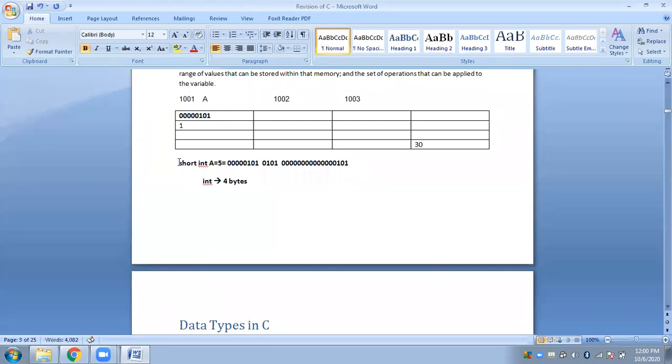Okay, so if I write short int a, it will only represent the first 2 bytes. Short means 2. So here it will only represent the first 2 bytes, this and this. So a is now pointing only to these 2 particular bytes, and whatever data you are storing in a will be stored together in these 2 bytes, half here and half here. Is it fine? And depending on the range, you can go on increasing the value of a, because you know that a will now range from minus 32,000